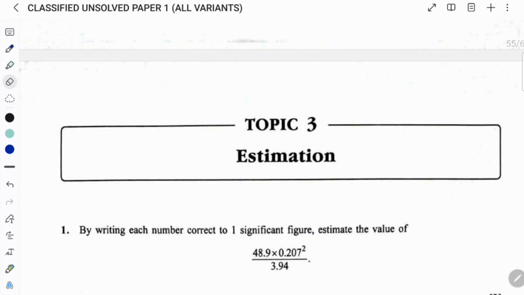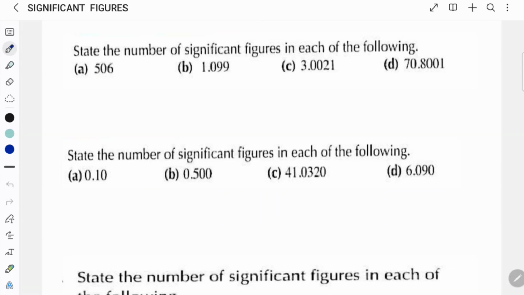In today's video, we'll quickly revise how to round off numbers, especially using significant figures, and then we'll estimate the numbers. For that, you must know the decimal division you have done already. Alright, so let's begin with the significant figures first, and then we'll come to the past paper questions of estimation. First we'll understand how many significant figures there are, and then we'll start how to round them off.